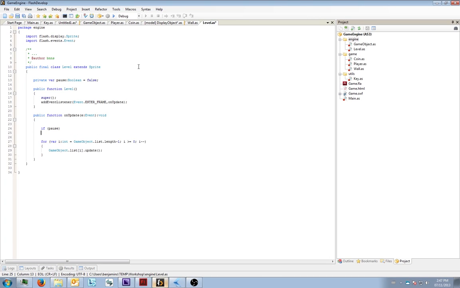How would you kill a function if you're inside of it and you haven't gone to the end? So how do you end it early? You could do something like this. You could return, and that would kill your function. And so what it will do is, if pause is equal to true, it'll return. Now, as soon as you return in a function, so if we take a look at our game object,